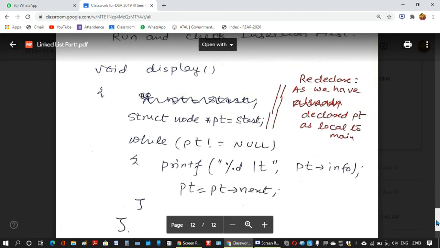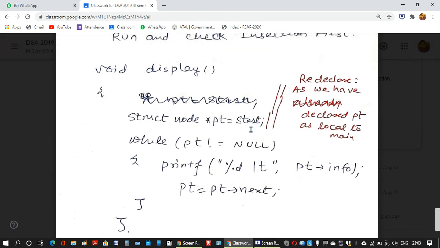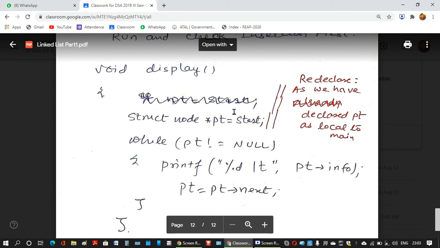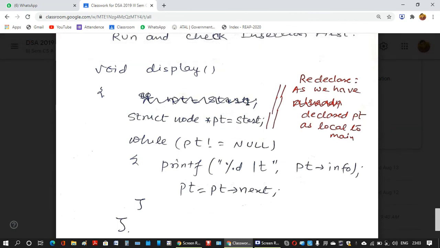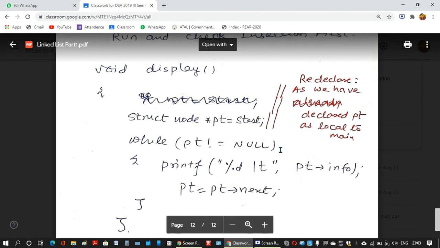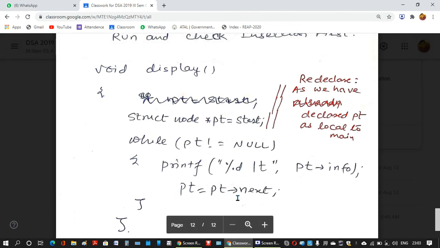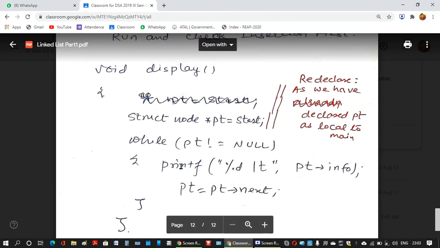Display is very easy. You only write struct node star PT equals start. See, PT is local to main, so you need to declare it here again, and it starts at start. While PT is not null, you will move PT to PT next, and before moving, you will print the PT info.